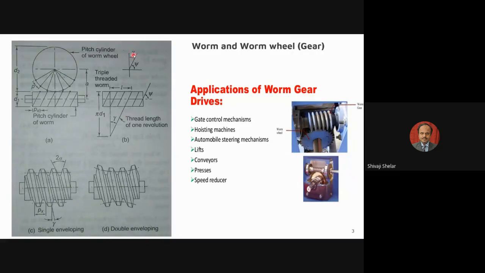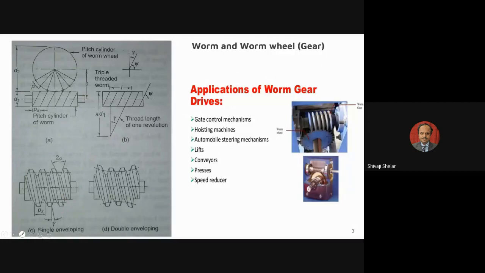Now this gamma angle, the lead angle, is associated with the helix angle of your tooth here, and the helix angle is normally the complementary angle. So if gamma is 30, the helix angle will be 60. If gamma is equal to 35, then the helix angle will be 90 minus 35. Please remember, we are not going to use the helix angle of the screw much in the calculation, but we are definitely going to use the lead angle, because the lead angle depends upon the number of starts of the thread and the pitch, the axial pitch or axial module of that gear.